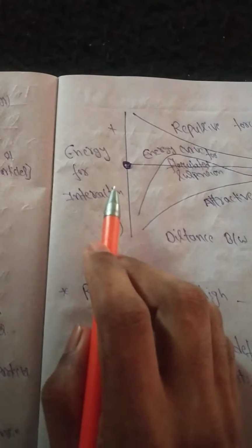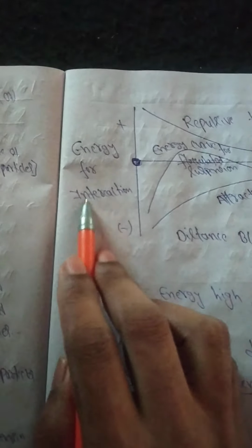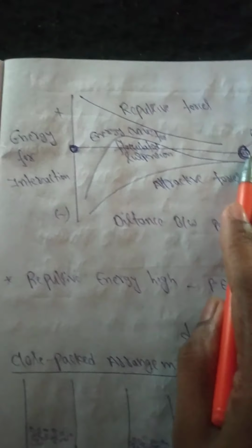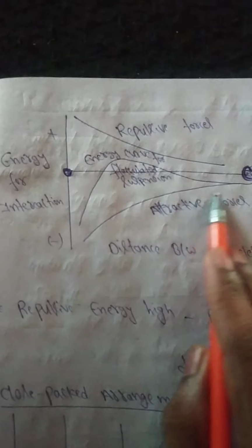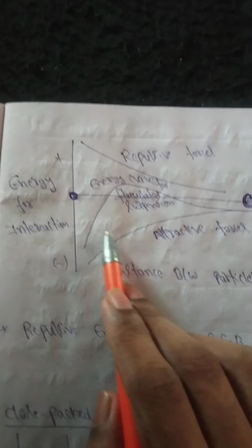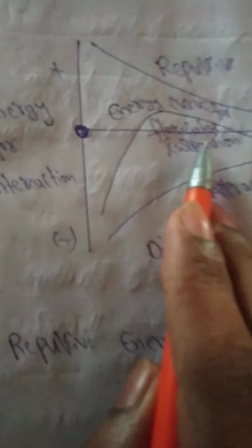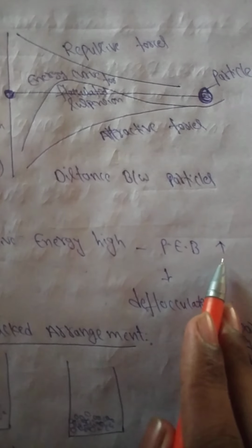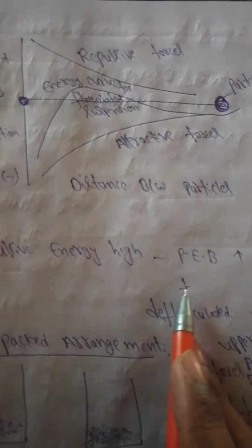This can be explained using the following diagram. The y-axis gives energy of interaction, the x-axis gives the distance between two particles. Attractive forces and repulsive forces. Energy curve for deflocculated suspensions. When the repulsive energy is high, the potential energy barrier also can be high. So the system can be